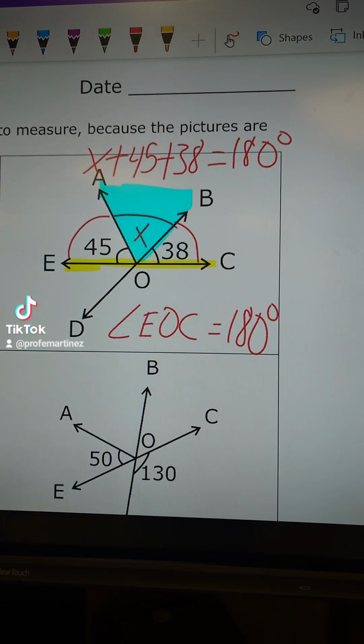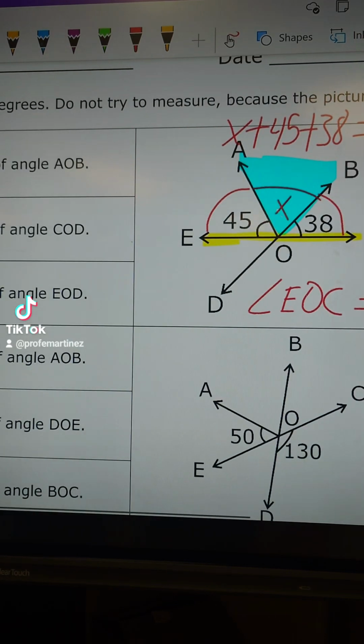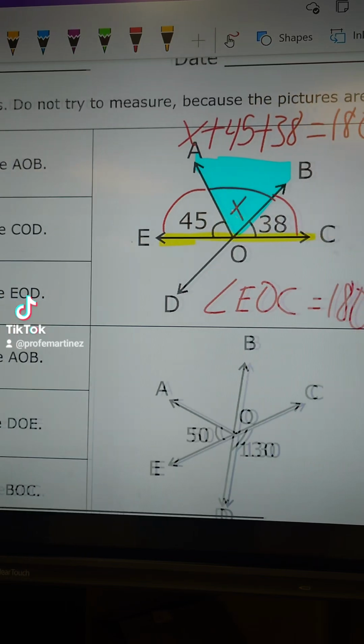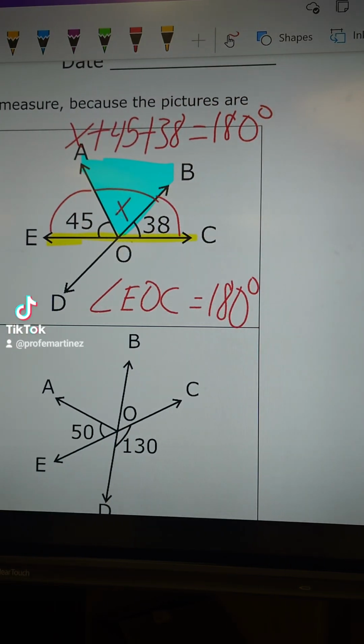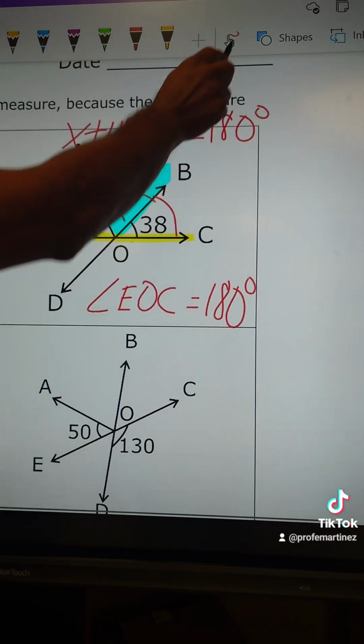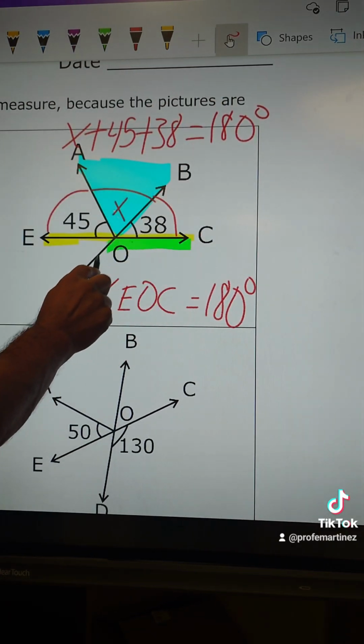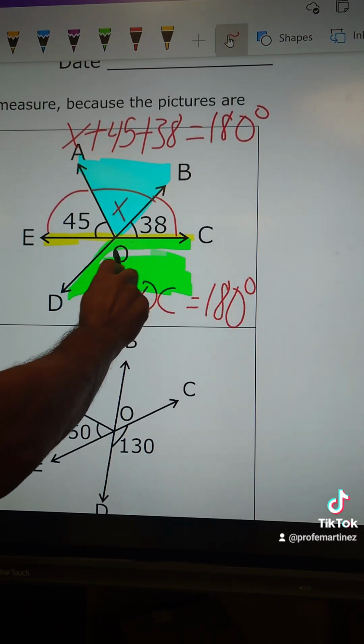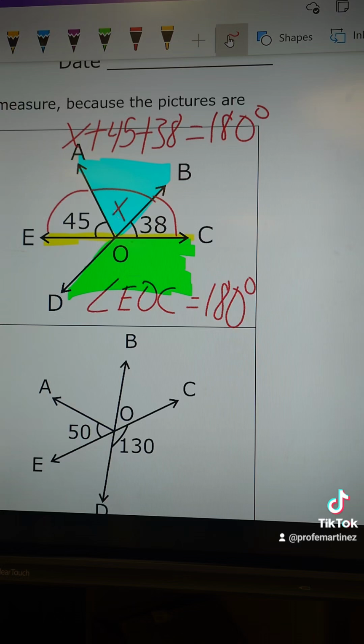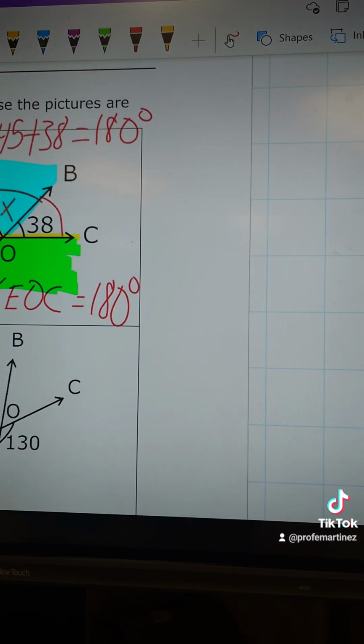Let's look at the next angle. They want you to find COD. So COD would be this angle here. COD. So this is angle COD. Well, now we have what we call vertical angles. And vertical angles are congruent. So what I can do is